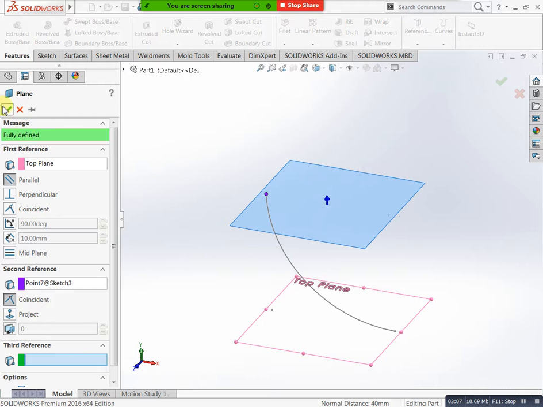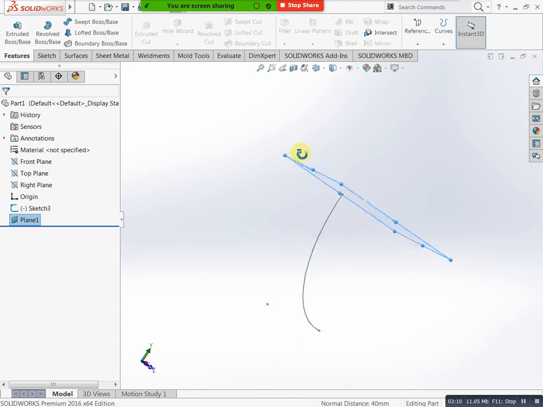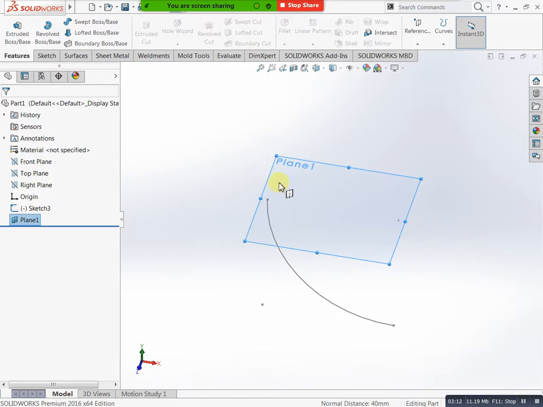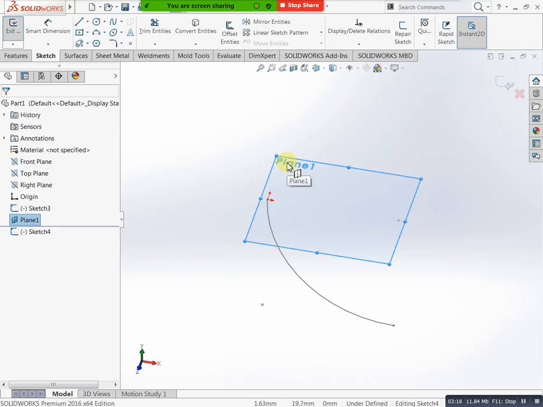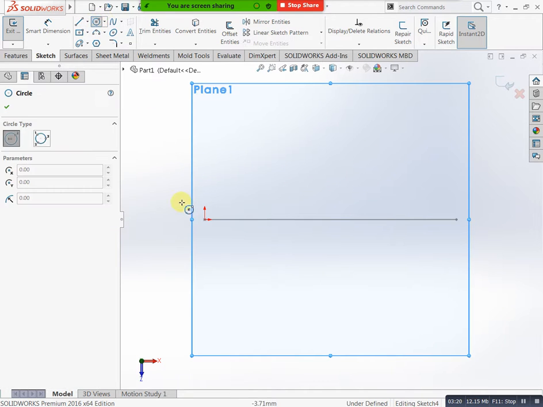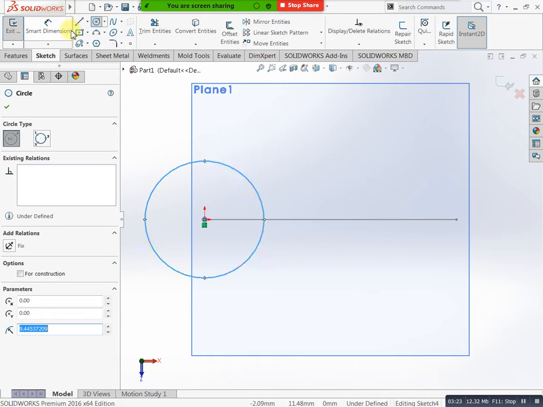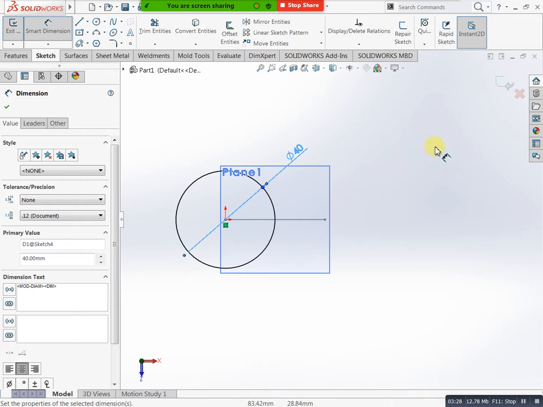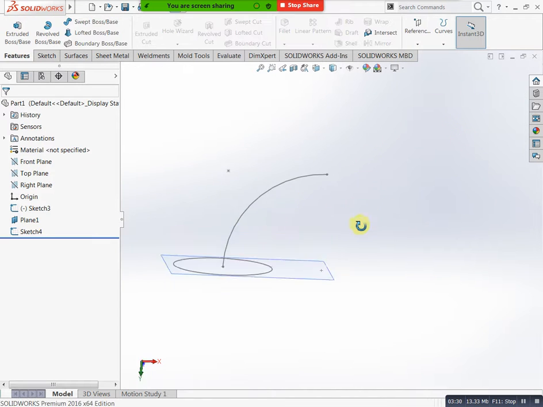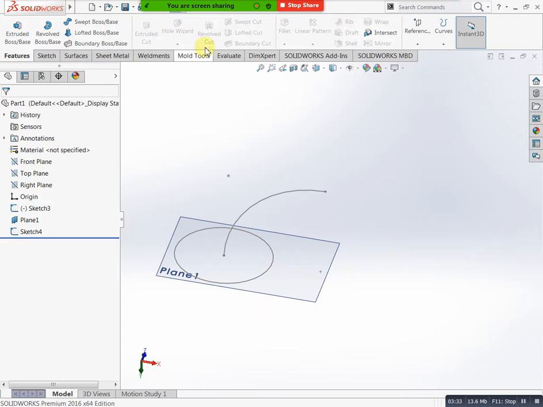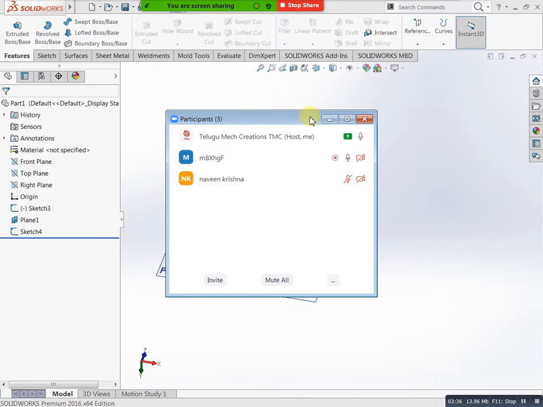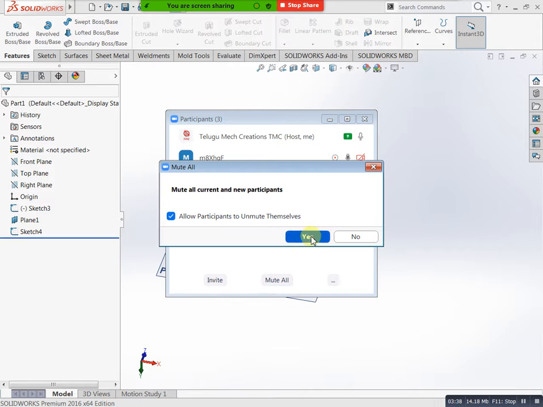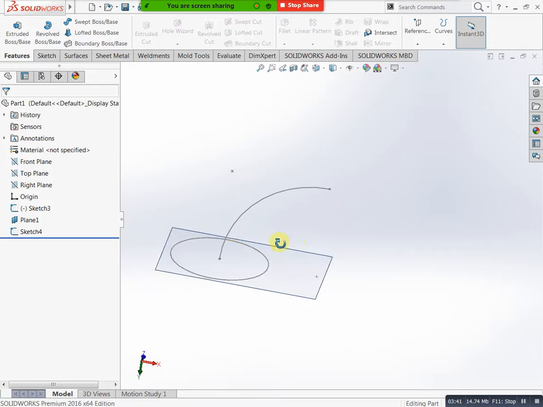Now select this one, right click, sketch. Now you can draw a circle, Ctrl+8, the diameter of the pipe. For example, diameter of the pipe 40. You can mention 40 diameter here. Then you can do finish. Now we have two, you can see. This is our perpendicular profile, nothing but the sweep profile. This is the path or direction. Which one you need, you can mention and select that one.